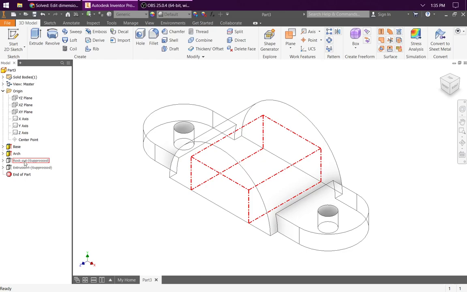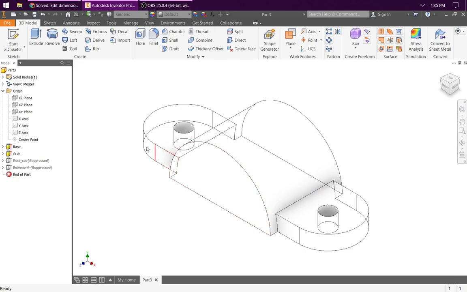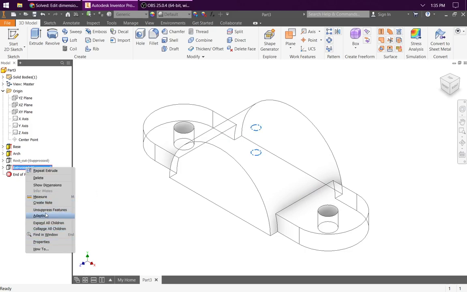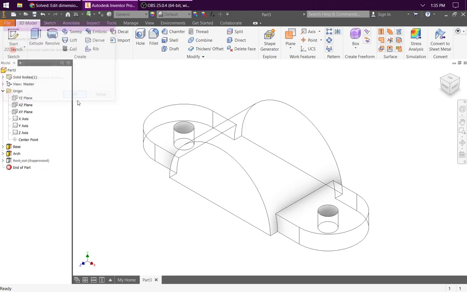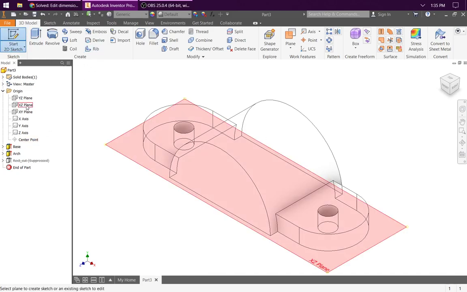That keeps its existence in your tree here, but it no longer shows up, and also any features that rely on the existence of that rectangular cut will also be suppressed because I drew that sketch on the surface that was created at the top of that rectangular cut, so that hole no longer exists. So we'll delete that, and we'll get rid of the sketch also with it,